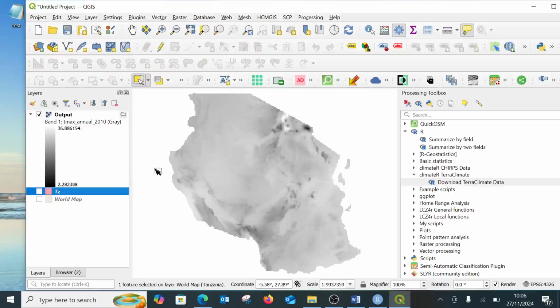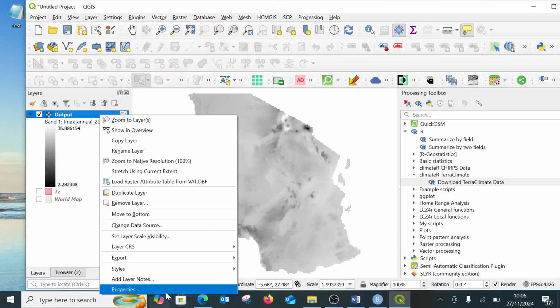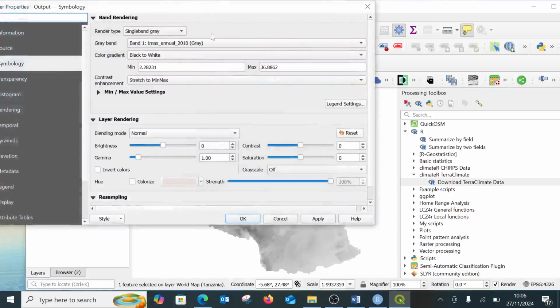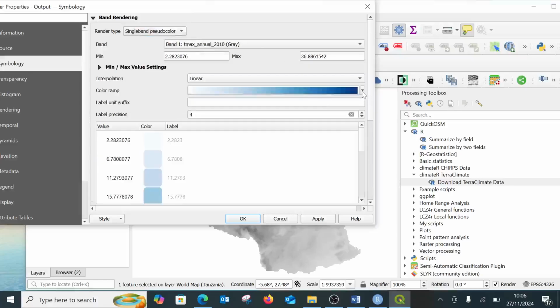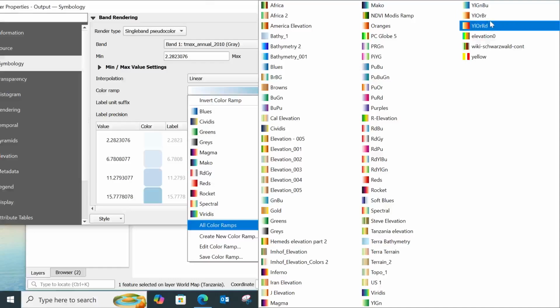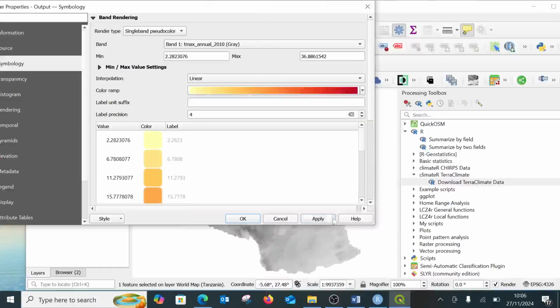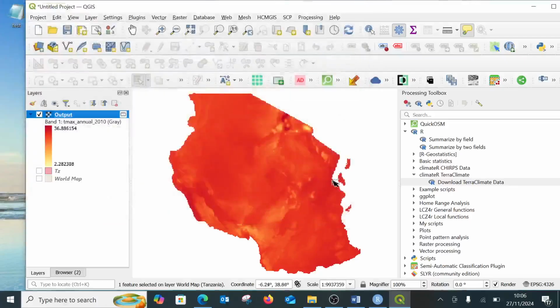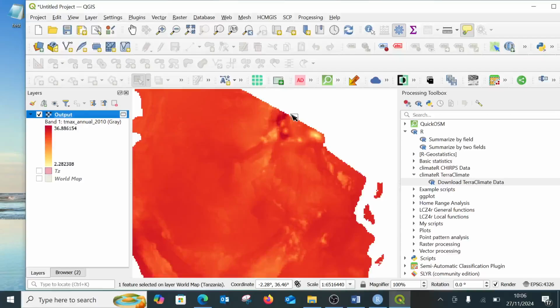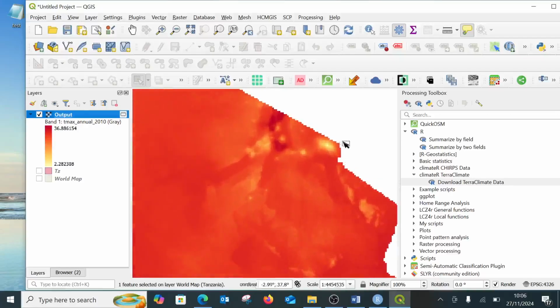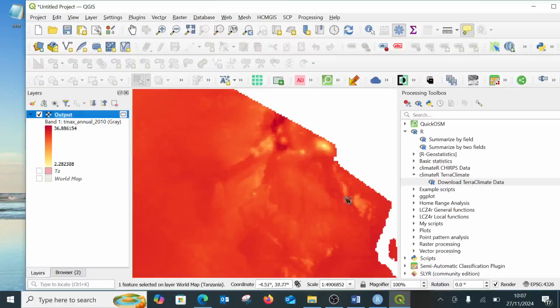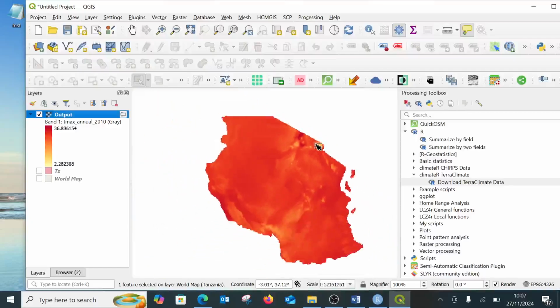For my area of interest, Tanzania, I'll go to properties, and then I'll go to the color. Then I'll select my colors, which is red, yellow, orange. I'll apply. Then okay, so I guess this is my Tmax. Kilimanjaro, of course, this area is called Kilimanjaro, the one which I'm zooming in. Of course, it's cold. As you can see, it's very cold. It's the highest point in Tanzania, the highest mountain actually in Africa. So yeah, that's how you can do it for any